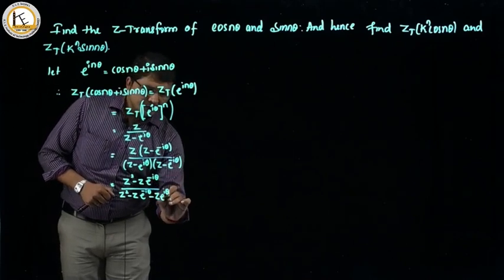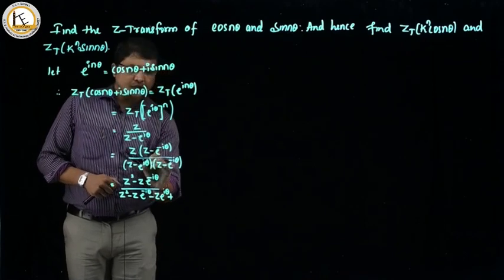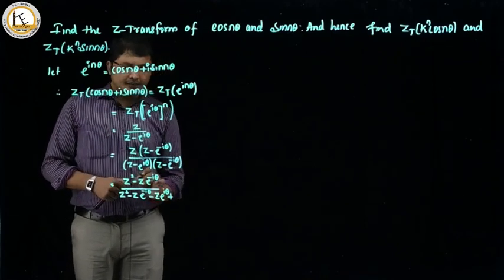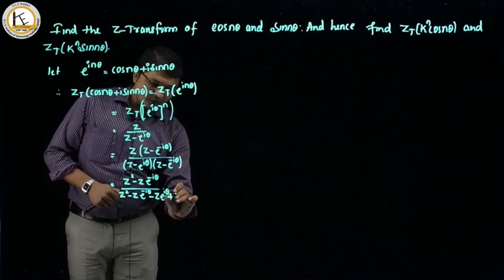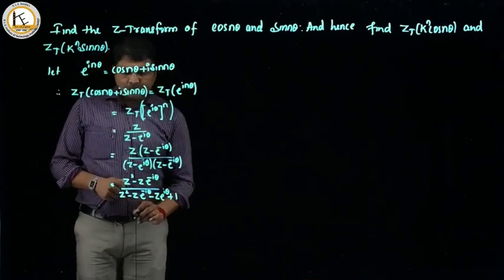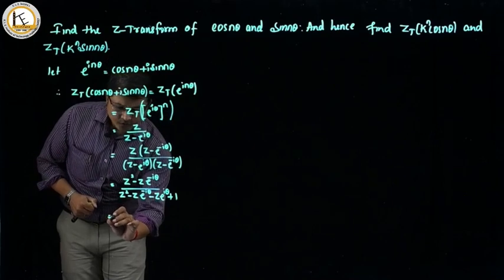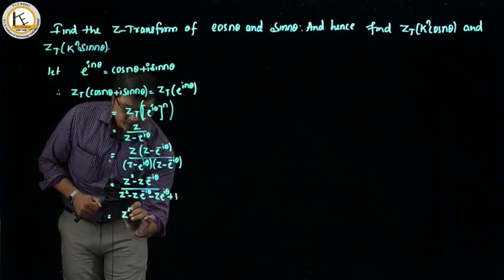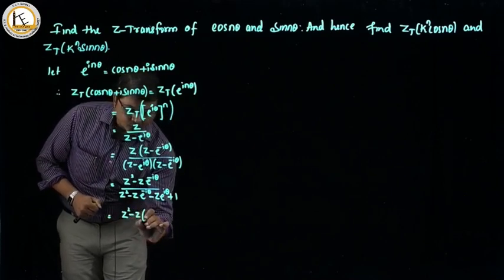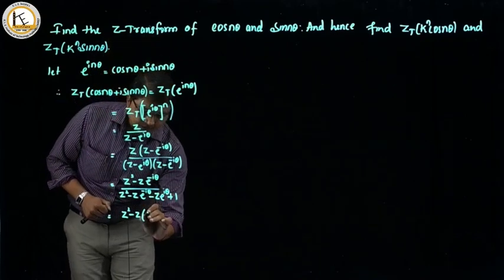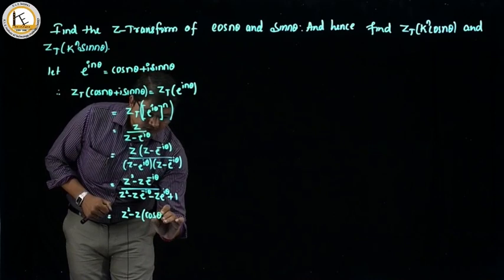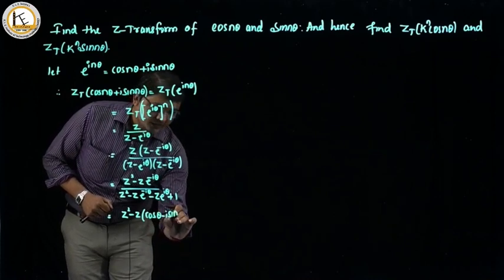Then multiplying these two we get plus e raised to i theta into e raised to minus i theta, which will be e raised to 0. So e raised to 0 will be 1. Simplifying further, here z square as it is minus z into, and since we know that e raised to minus i theta is nothing but cos theta minus i sin theta,